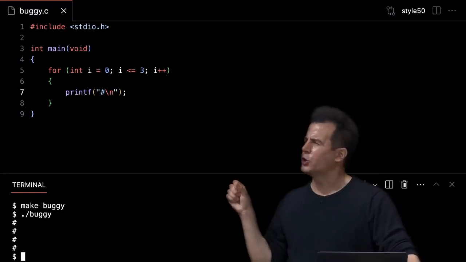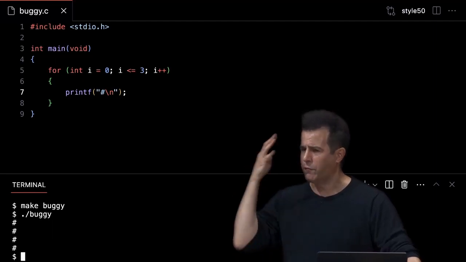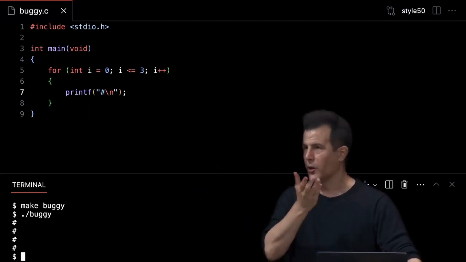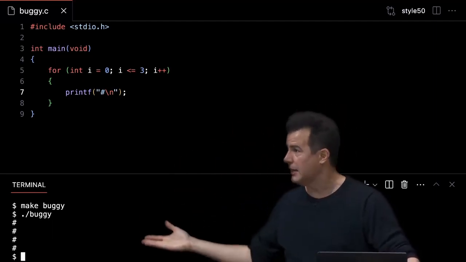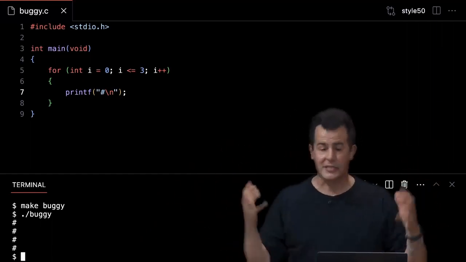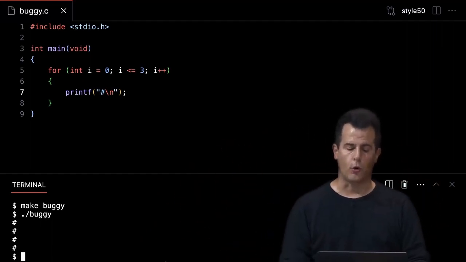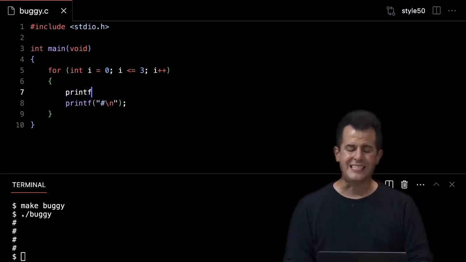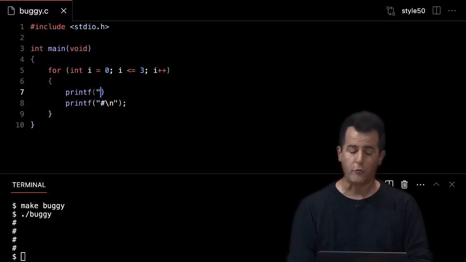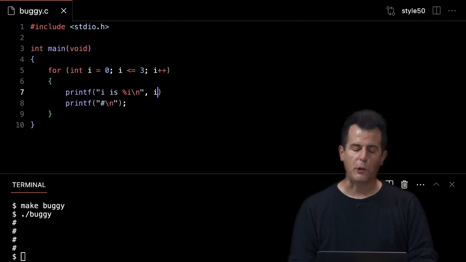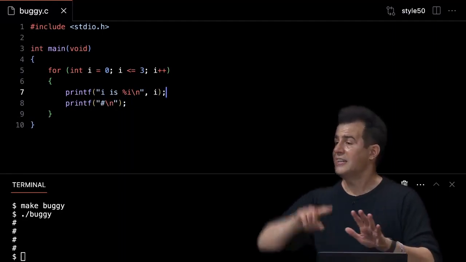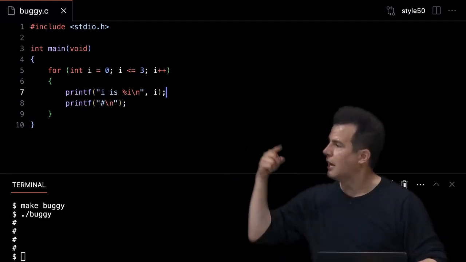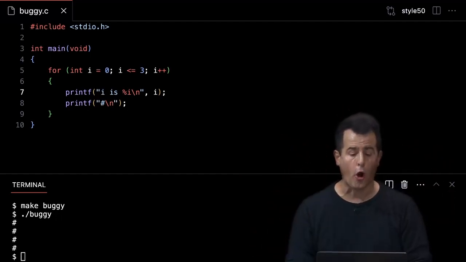It'd be helpful for me to understand why, logically, I'm ending up with 4, even though I'm starting at 0, like I remember from class, and I'm going up to 3, as we did in class. Like I'm just not seeing it in this particular story. So what I would commonly do is go into my code and just help me see what's going on. And I might literally write a printf line like "i is %i\n", comma, and then just print out the value of i. I just want to see on every iteration, what is i, what is i, what is i, just to help me see what the computer already knows.